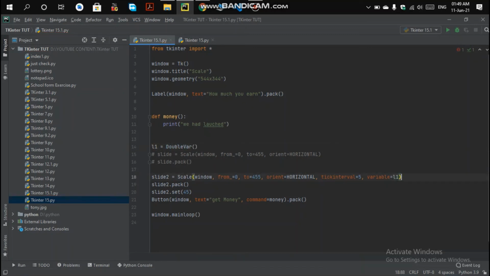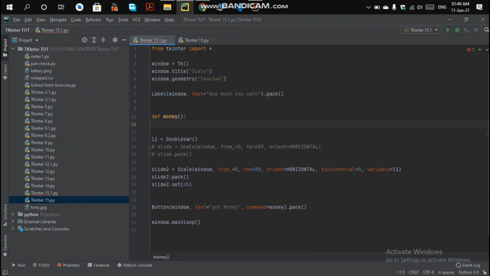Let me create a button here and give it a command. When you select a value, where the scale stops, that value gets stored into the L1 variable. Into the function we write sel equals creating a variable, the horizontal scale value.